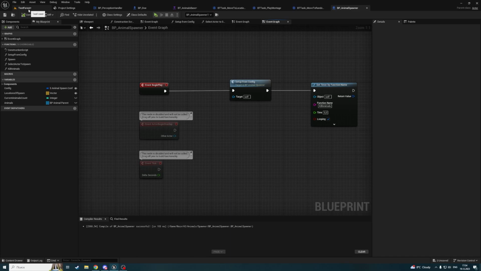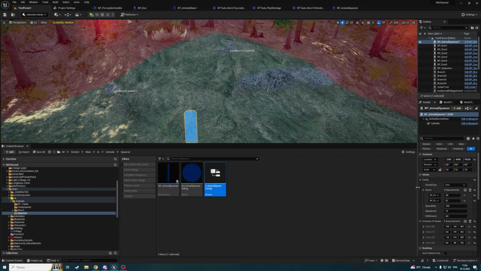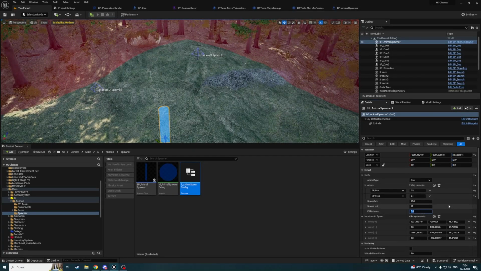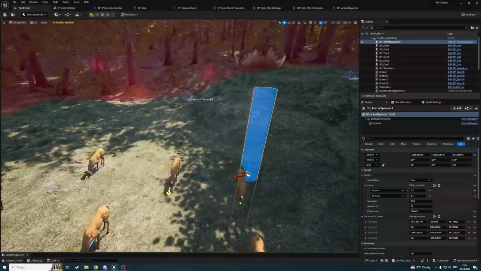So now every animal will be removed at some distance from a spawner. So now let's open a spawner and add some kill distance, and it is gonna be 15,000, for example. Okay,